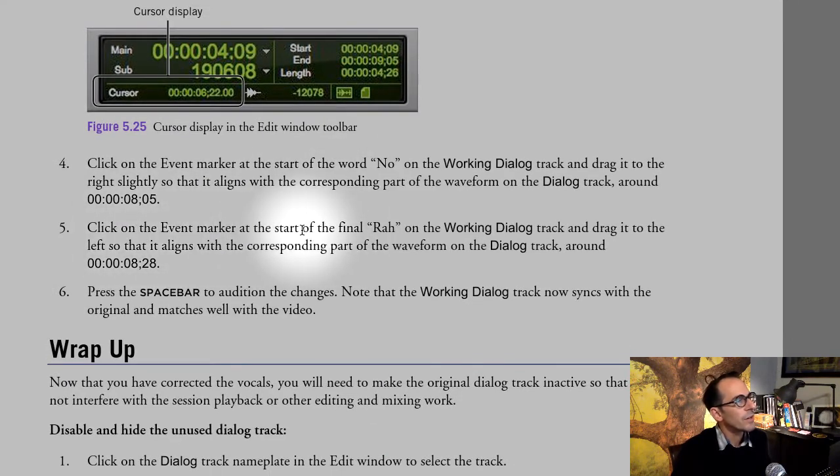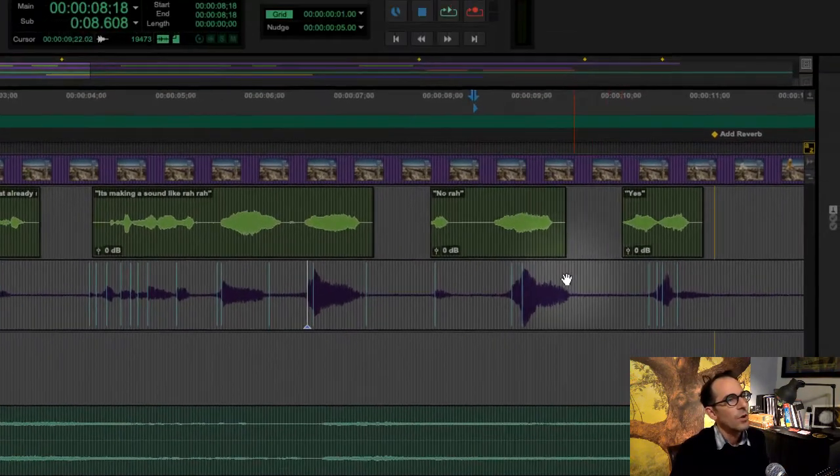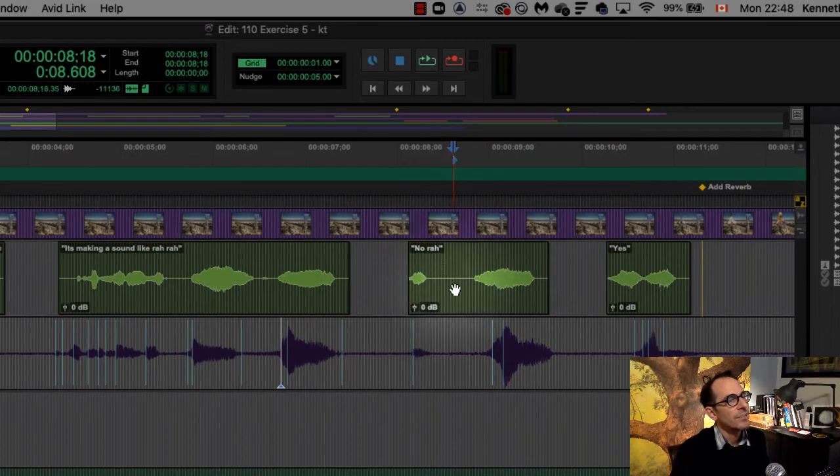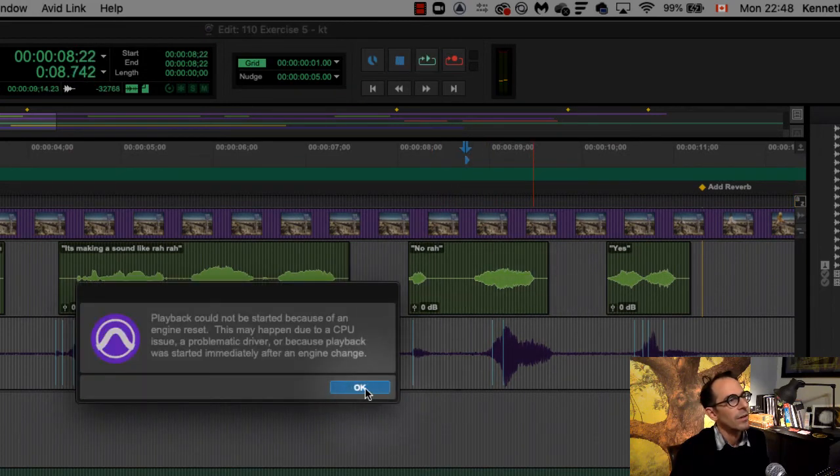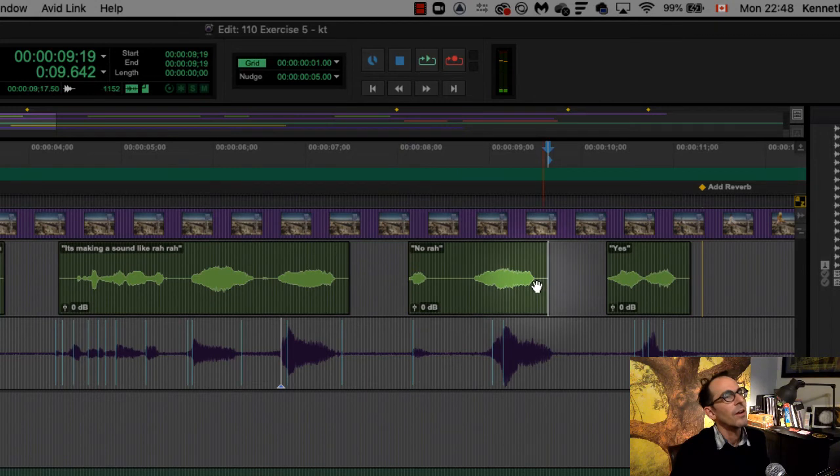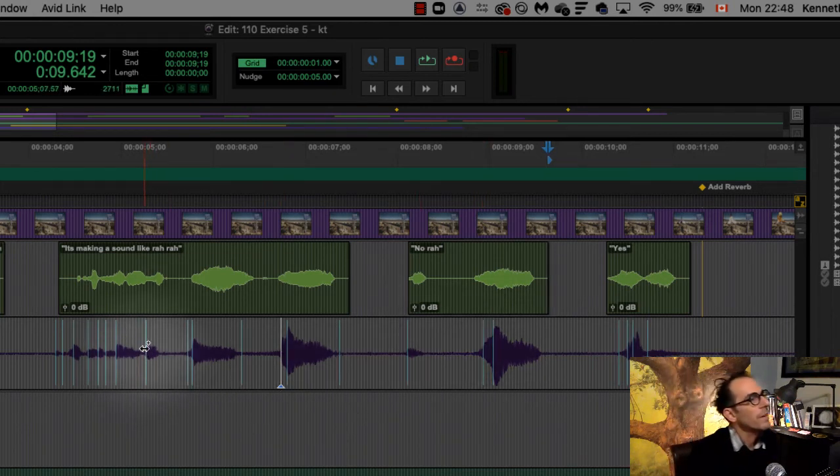Click on the event marker at the start of the final "rah" and drag it to the left so it aligns with the corresponding part of the waveform around 828. Okay, so I think this is what they're talking about. Okay, so drag this back to about 828, just a little bit. Great. Now, this part they don't tell us to do, but as you can see,